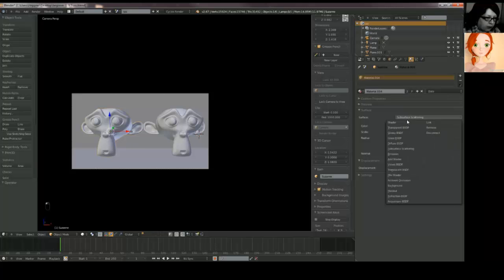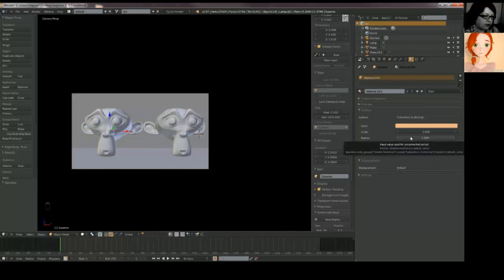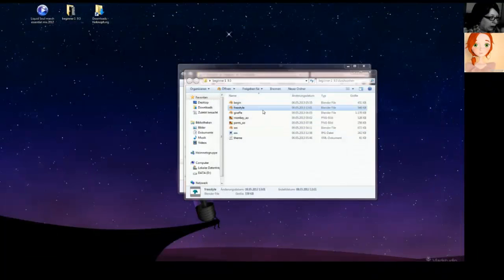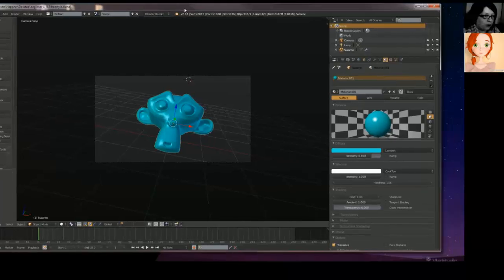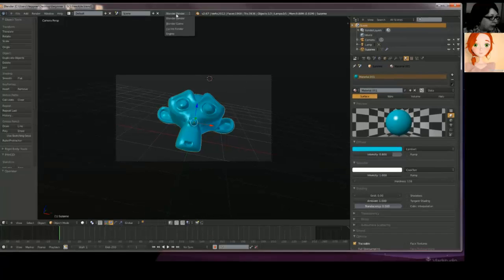Here you can see it's set to subsurface scattering, and this is diffuse, but the same color. You can play with the scale and radius and color. It's so much fun to play with it. It's one of my favorite updates. But I have read on Facebook, Graphic is playing with Blender 2.68 now to render hair in Cycles on GPU. It's fantastic. And another add-on I totally love is Freestyle.